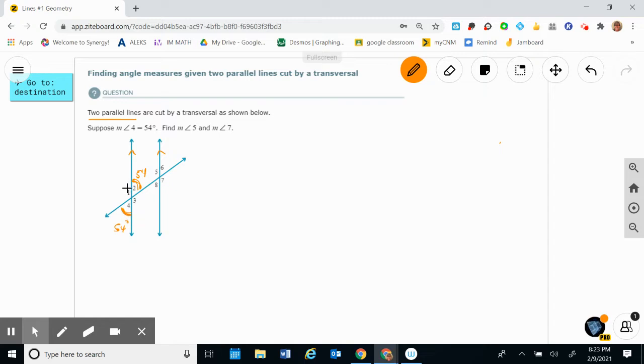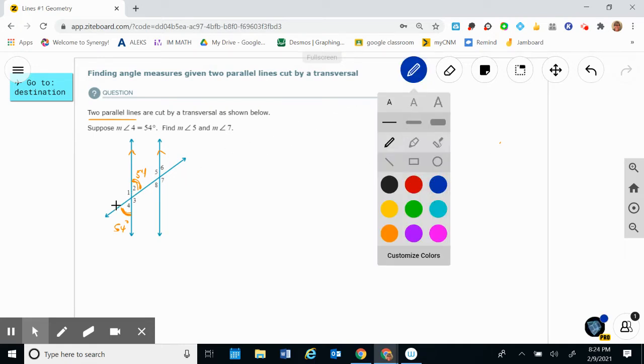Okay. Angle 1 and angle 4 add up to 180, or angle 1 and angle 2 add up to 180. So angle 1 is equal to 180